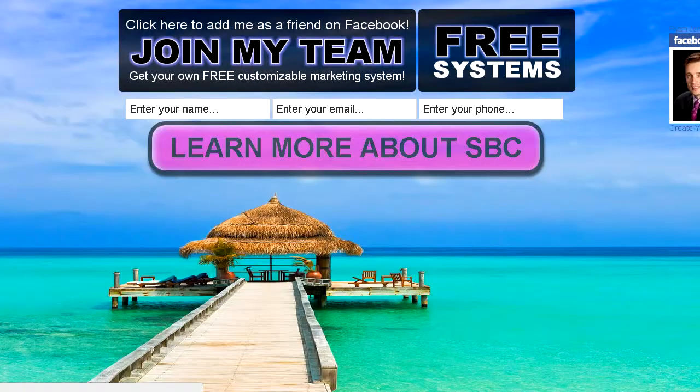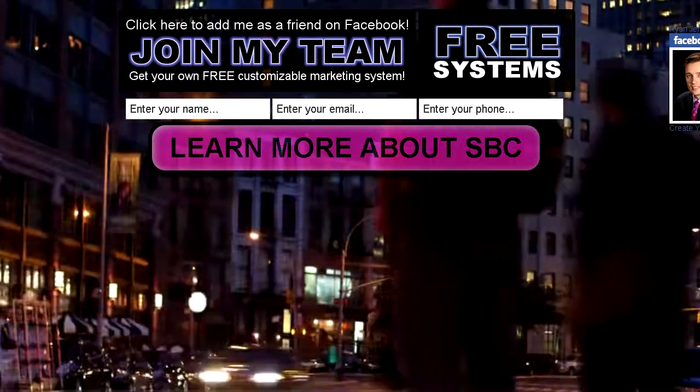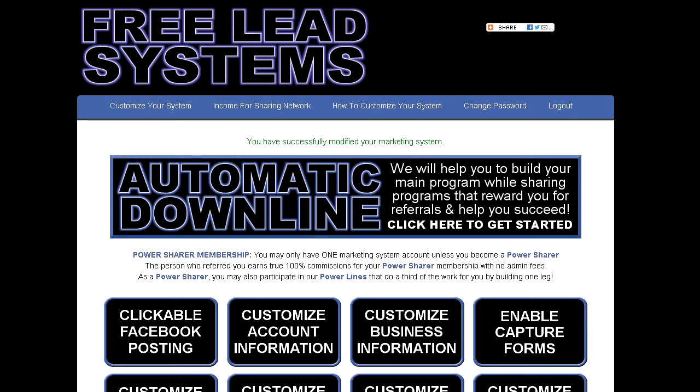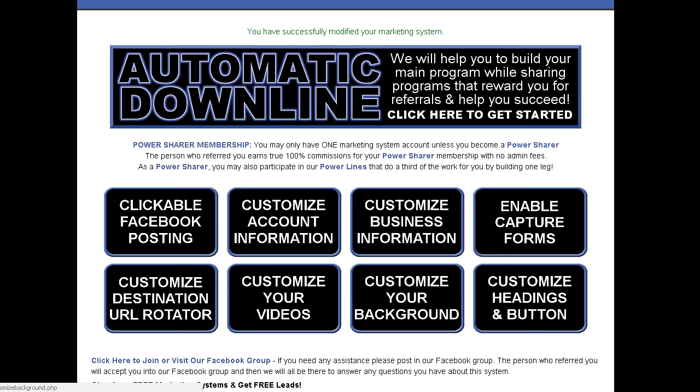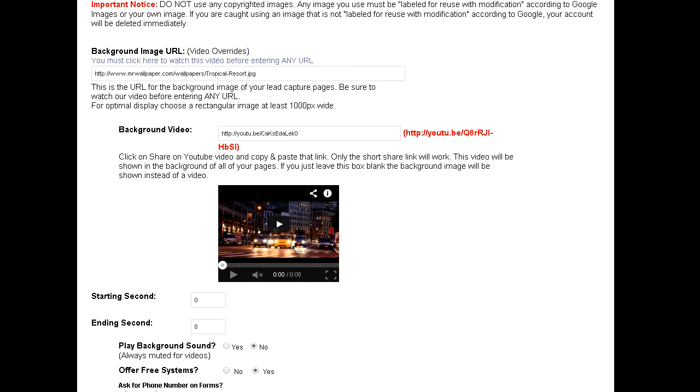So you can see it's got the same background in all of my pages, and then it's fading into my background video. Okay, so just click on customize your background to get back in there again. And again, make sure that you don't use any copyrighted protected images. Make sure that they're licensed for reuse, at least licensed for reuse, and to be on the safe side, licensed